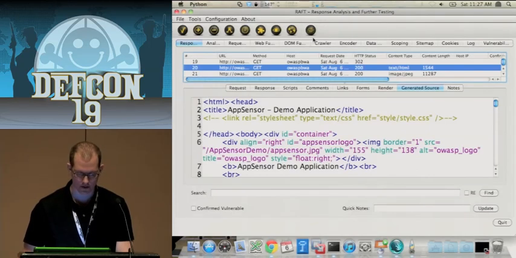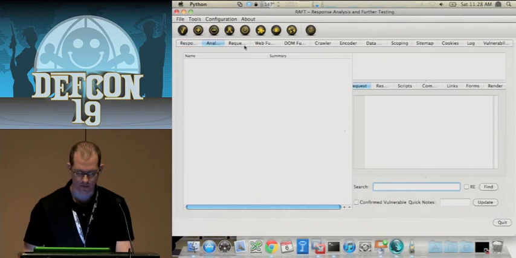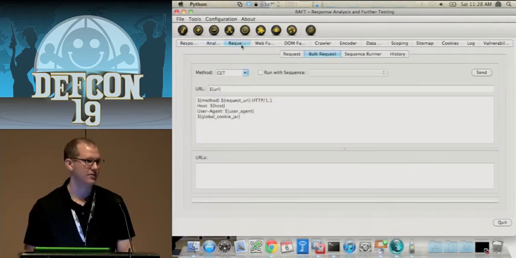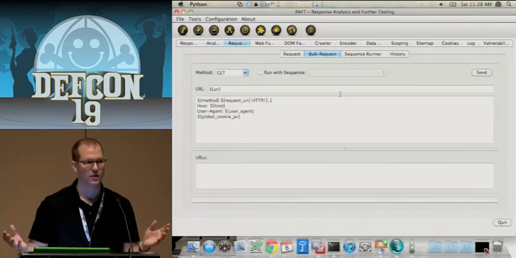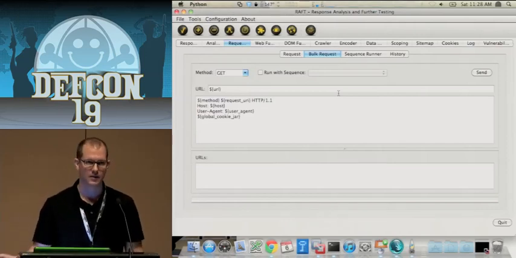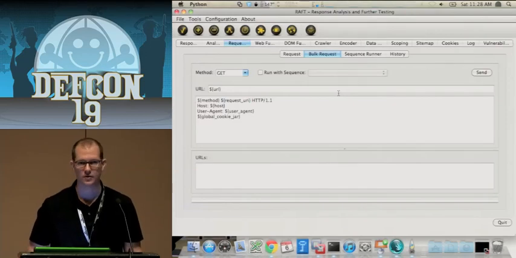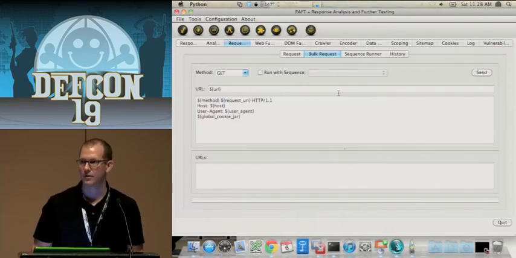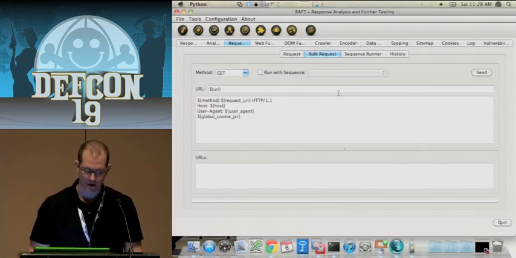We're going to cover some of these things like the analyzer, the requester, and simple tasks like requesting a whole bunch of URLs, going through and saying, copy my sitemap and re-request them with a different authentication sequence. That's really tough to do in a lot of tools, but here we have it all templated out, and you just copy the URLs in here, pick a sequence, and rerun it.